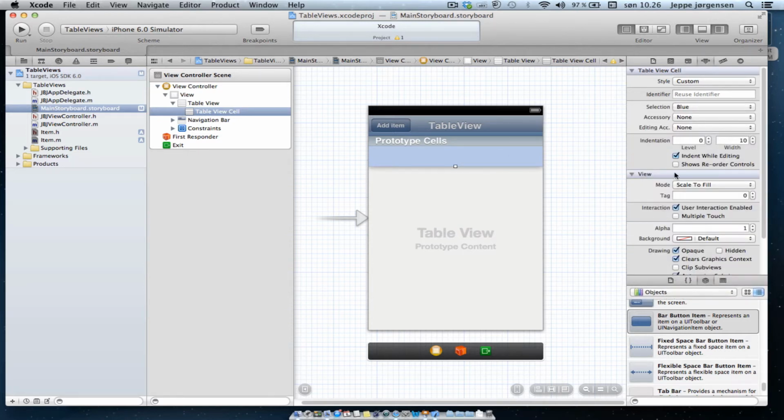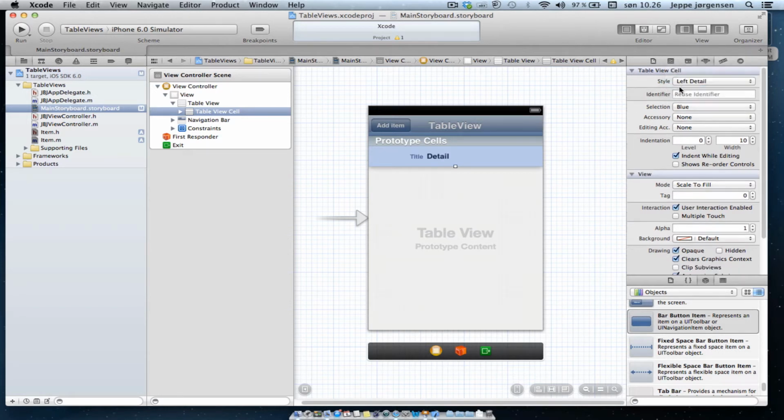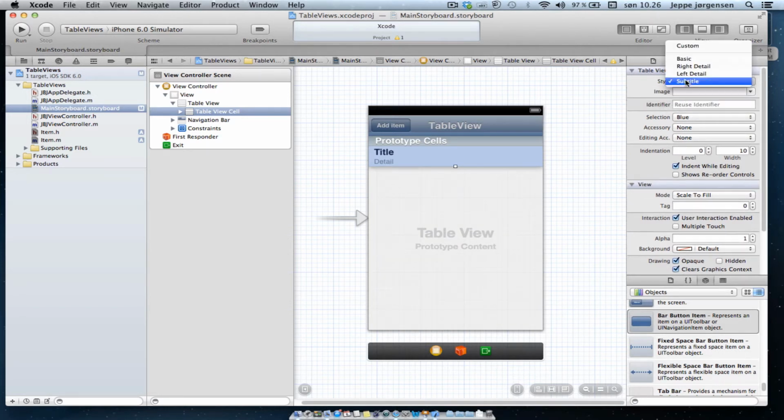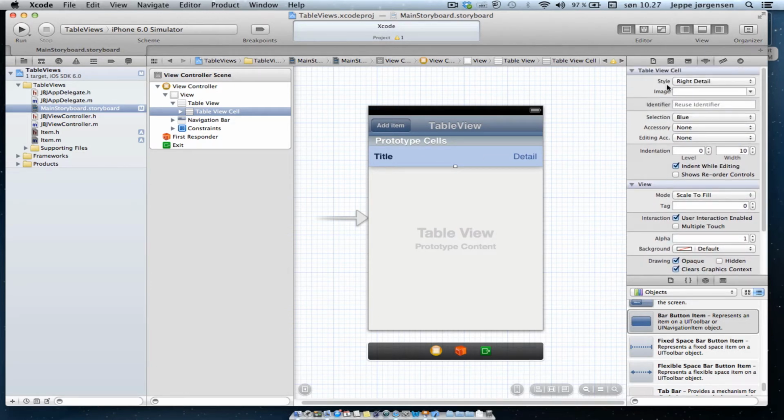And if we go into the different properties of a UITableView cell, you can see it has a style. Take the basic, you see a title, or the right detail, left detail, subtitle, and for our application, this would actually be a good starting point, because the title could be the name and the detail could be the price, and that would actually suit this application. So we're going to go ahead and use